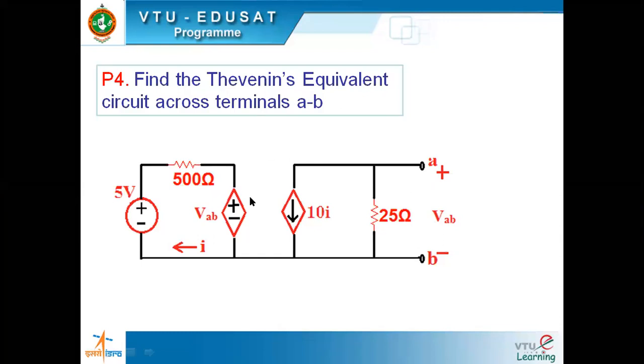So which case is this? Second case. We are finding the Thevenin's equivalent network, but this particular circuit has dependent sources. Since dependent sources are there, RT has to be found as VOC by ISC. That is something we need to remember. There are two dependent sources. Whether there are two dependent sources or one, we have to find RT by finding VOC and ISC, and RT is VOC by ISC. Everybody understand that point?